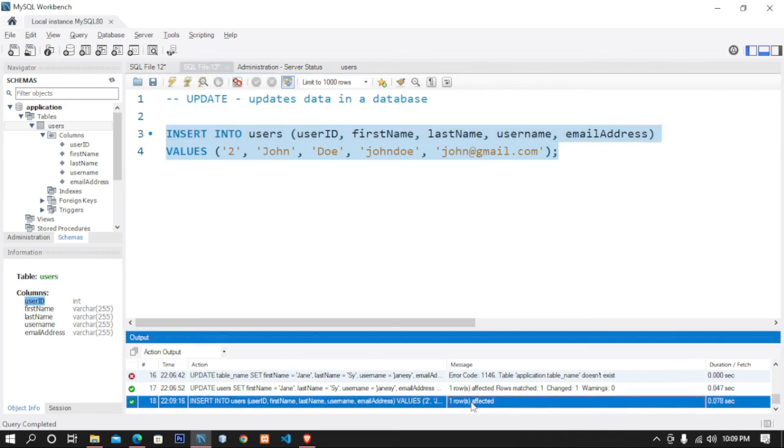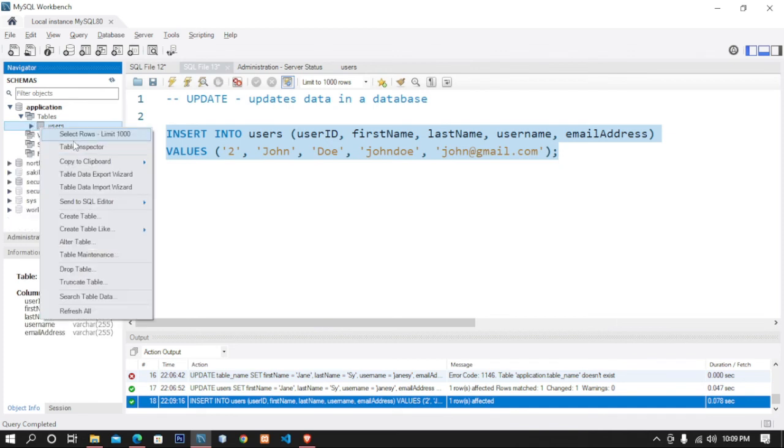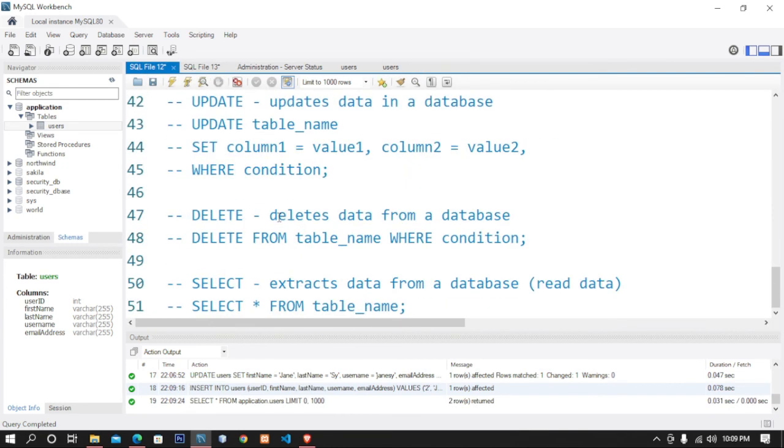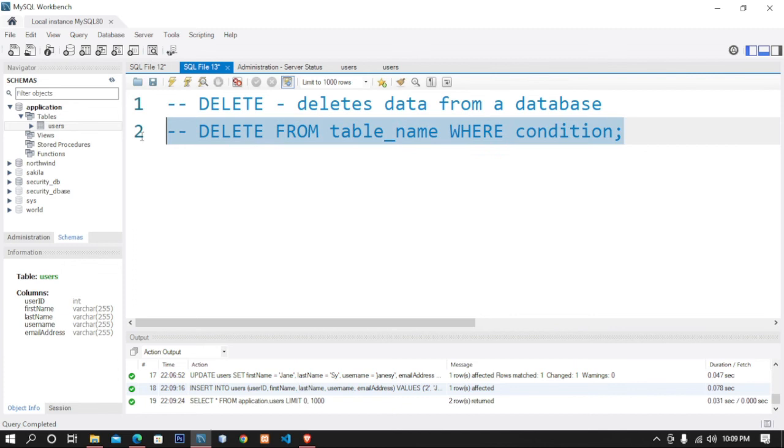So we want to execute. Okay, so let's see if the user, okay, we added successfully. So the next topic is we want to delete the data. So this is the script for that. So DELETE FROM table name, which is our user table, WHERE the condition is